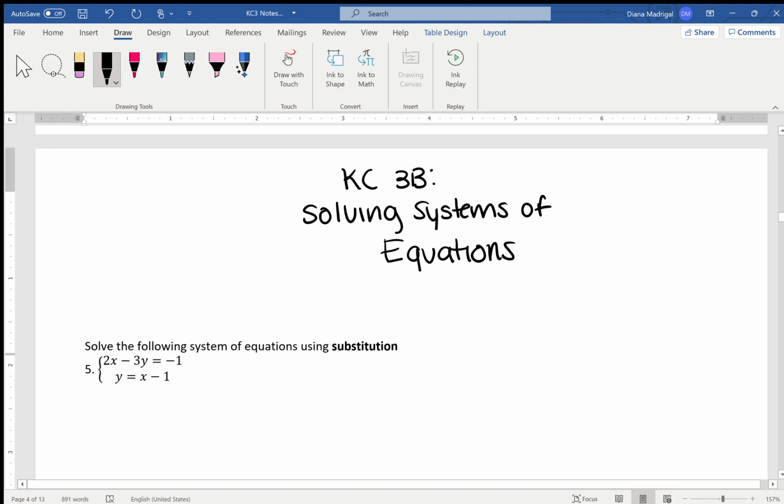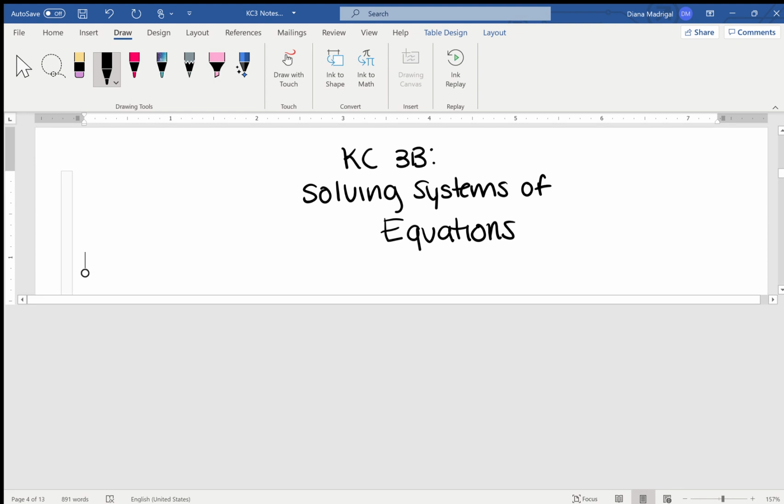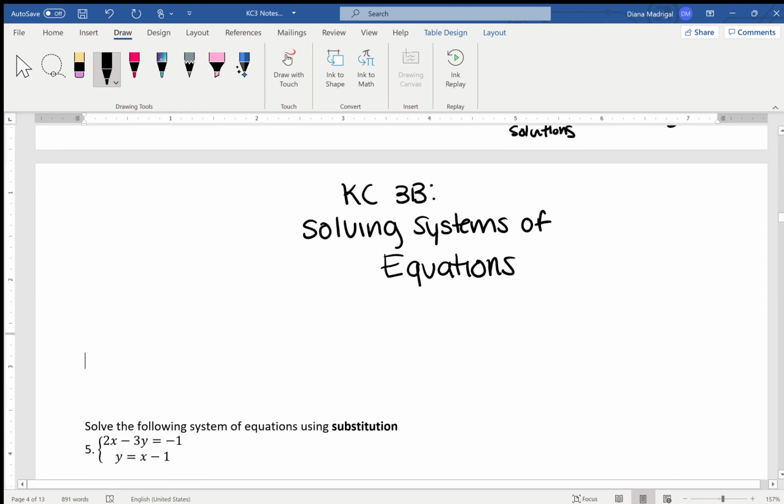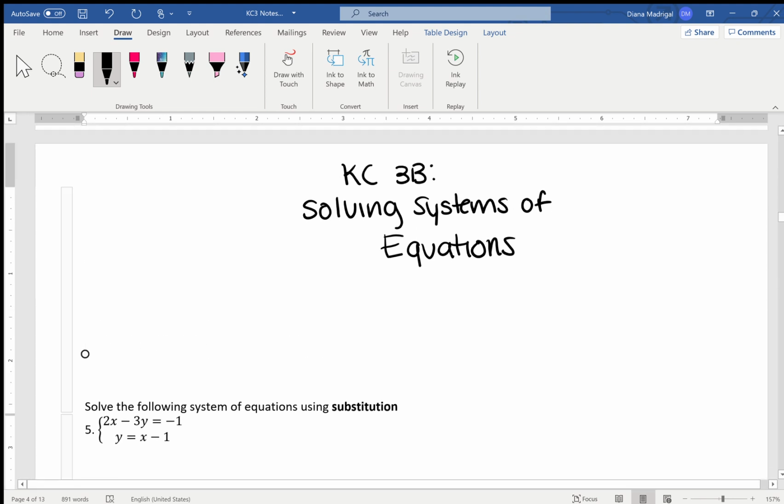Okay, sorry. So again, substitution is one of the easiest, I personally think, and all you have to do is plug in for that value. So I don't know if you guys remember when we were solving equations, and I even told you that you could check your answer. So for example, if I had the equation,